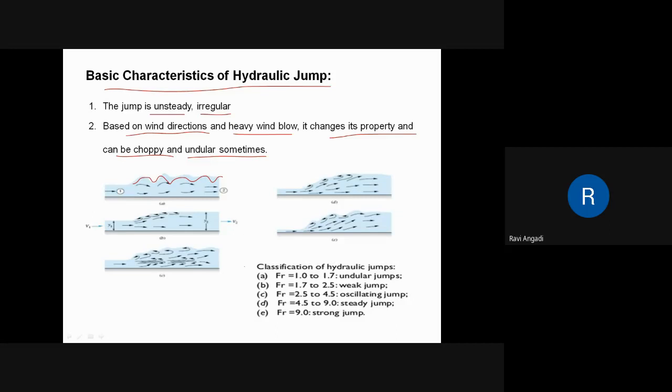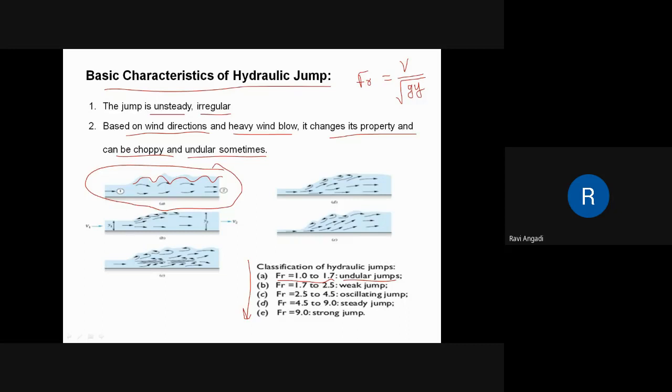Okay, so look at these all images. A, B, C, D is given, and also based on the Froude number, the jumps are being classified here. The classification of hydraulic jump. Suppose the Froude number is lying between 1 to 1.7, if you have calculated the Froude number, as you know the equation for the Froude number will be what? V divided by root of gY. So when we calculate Froude number for the channel, if it is lying between 1 to 1.7, that gives you the undular jumps. It is first one, undular jumps, like this.